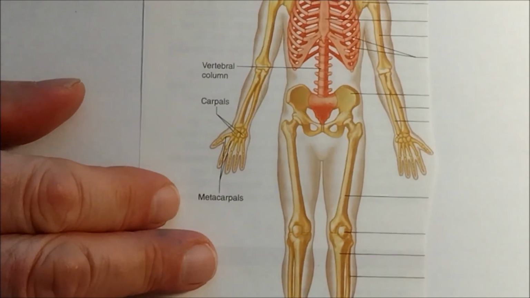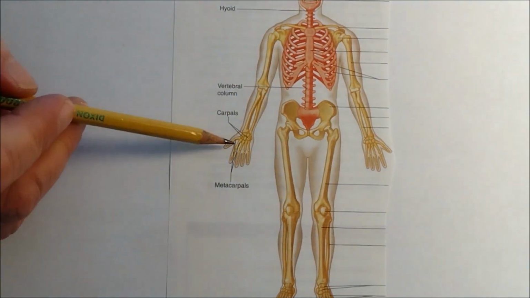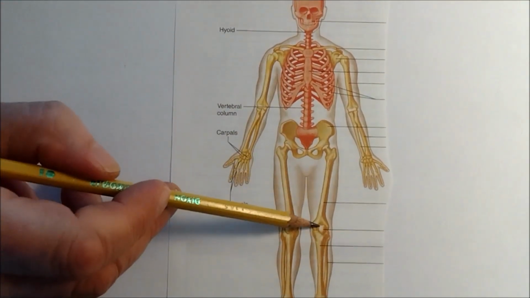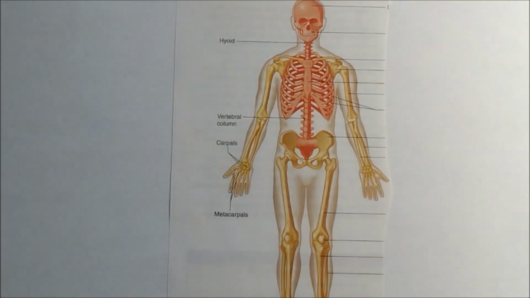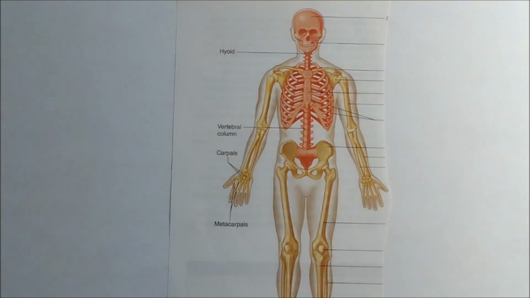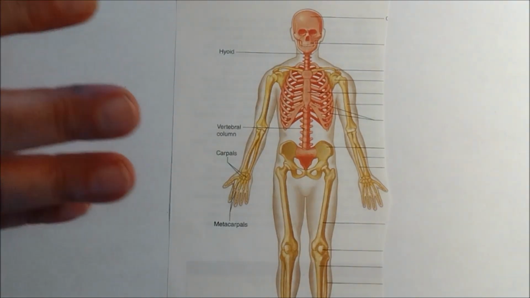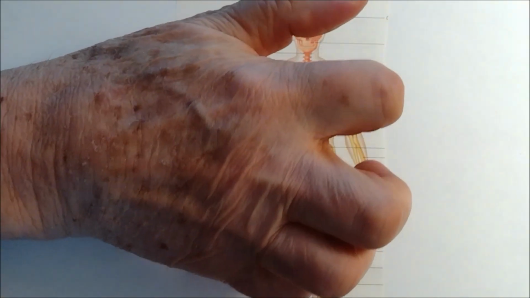Now we're going to take a look at arthritis. Arthritis is a disease of the joints, usually of the hands or the wrists or the elbow, but it could be the knees or other areas of the body. And what happens is that the joints become inflamed. Some researchers think it's the body attacking itself. Others are not so sure. But the joints become inflamed, they become painful, and in some people, their fingers end up kind of like this because it's difficult for them to move those joints. All right?